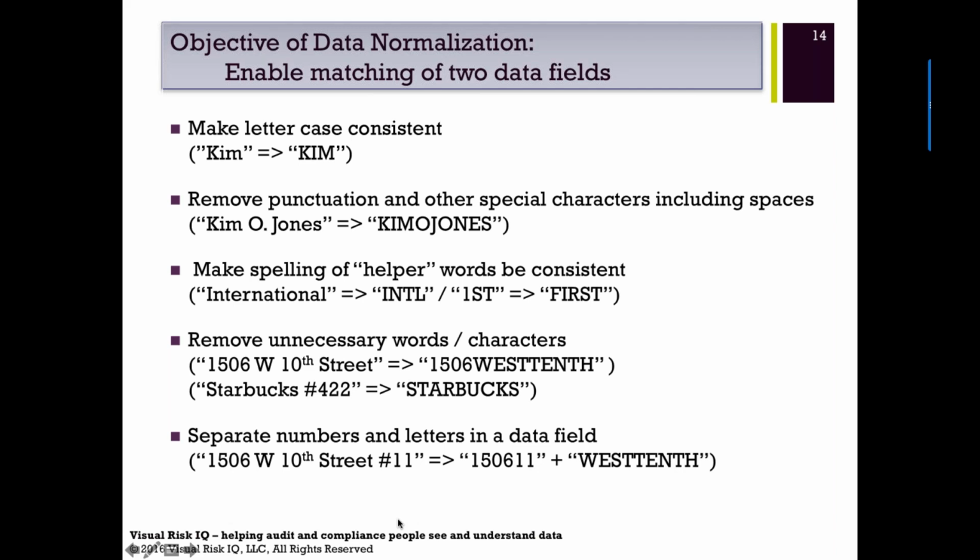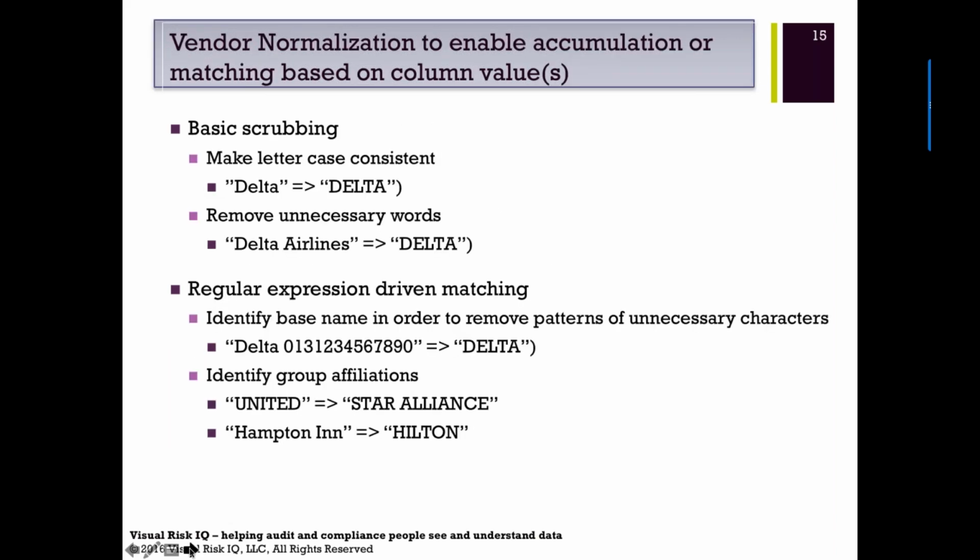And the techniques, which we start to explore on the next slide, are, I guess this is a continuation of that thought, but that last one is different. One of the things that we found to be of value, particularly in the travel area, is to identify group affiliations. Larger organizations have contracts that help them save money when they fly on a particular airline or stay at a particular hotel group. And as you know, they've sort of consolidated more and more with the recent addition of Marriott to the Starwood group,